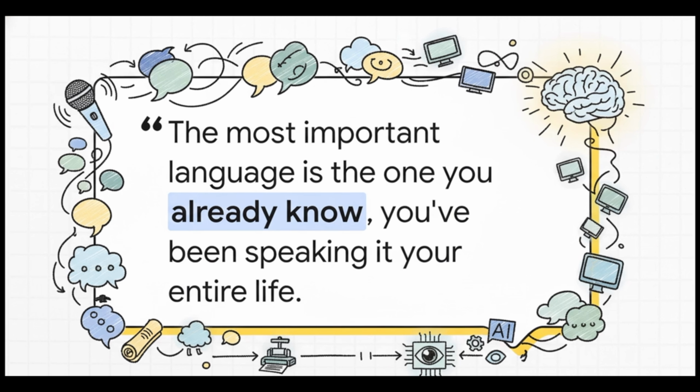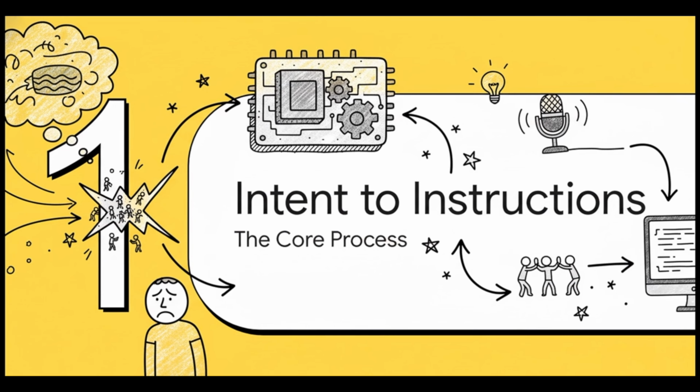But hold on, how did we get to this point? It's kind of wild. To really get it, we need to back up and ask a more basic question. Why do we even have programming languages in the first place? Really, it all comes down to a super simple idea. You have something you want to do, an intent, and you need to get a machine to actually do it. But for decades, there was this huge, clunky, really not fun bottleneck right in the middle of that process.